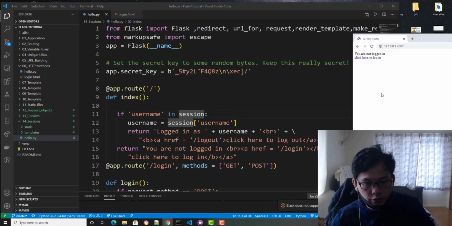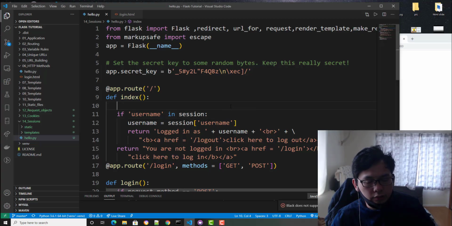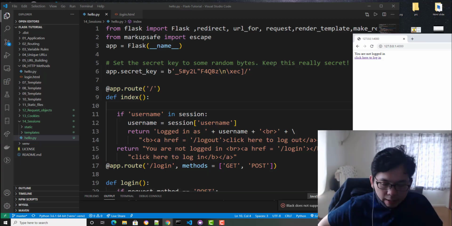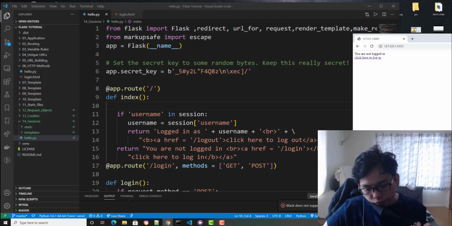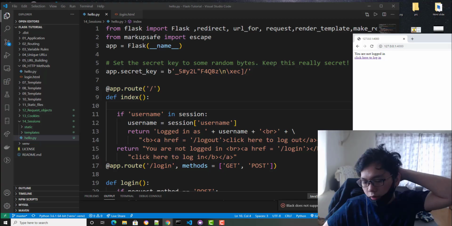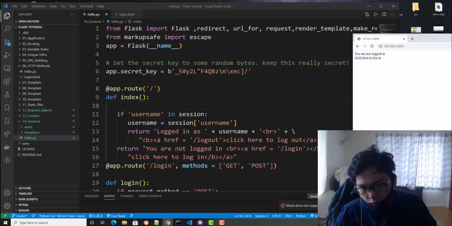So cookies are stored somewhere on your computer, and session is stored on the client side in your browser. And yeah, the best example I can explain, if you log in on Instagram, Facebook, or YouTube, your session stays on the browser most of the time. And that's why the browser knows that you are logged in, because you have your session on the browser.